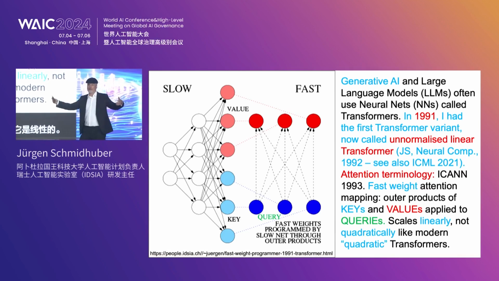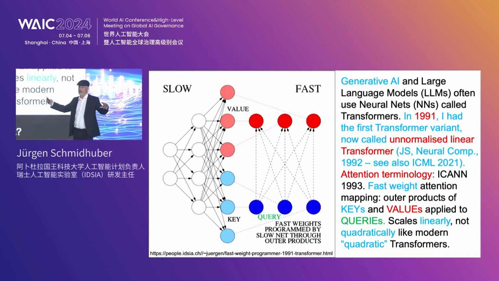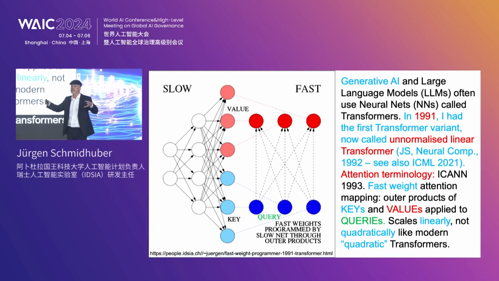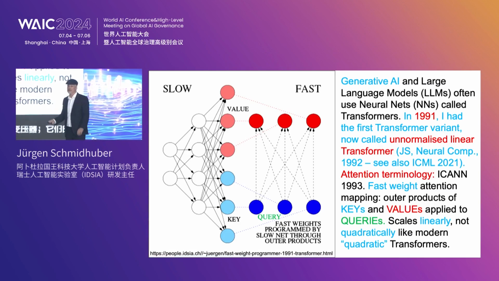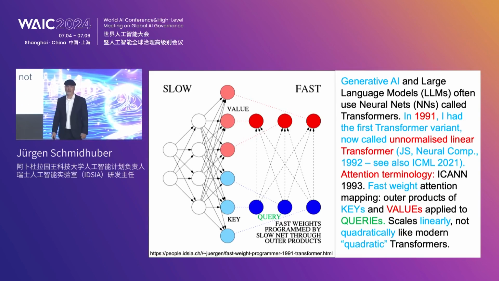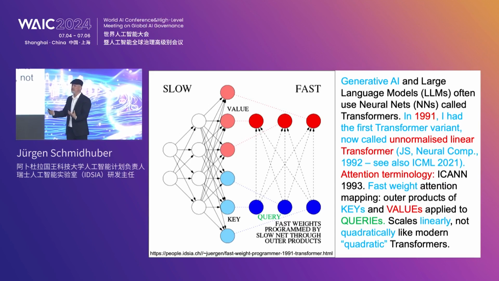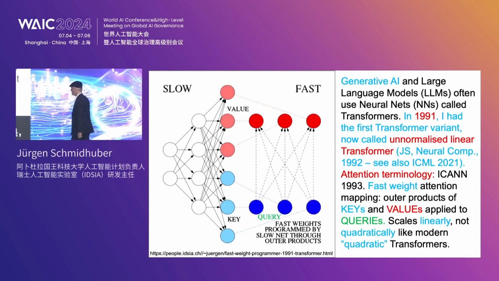What does that mean? If you have 100 times more input, then you need only 100 times more compute to solve that. With the modern quadratic transformers, you need 100 times 100, that is 10,000 times more compute. So the modern transformers scale quadratically rather than linearly. And this is really important, I think, because many people are trying to overcome this limitation of the recent transformers, and they want to make them more efficient. And so a good way of starting is to look at the linear transformers back then of 1991.